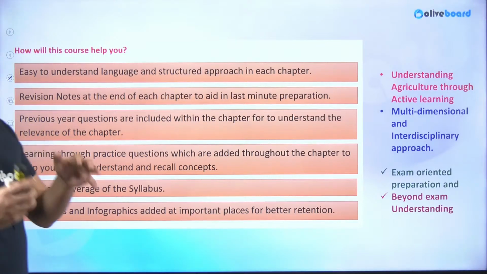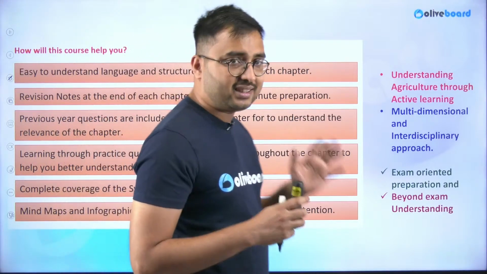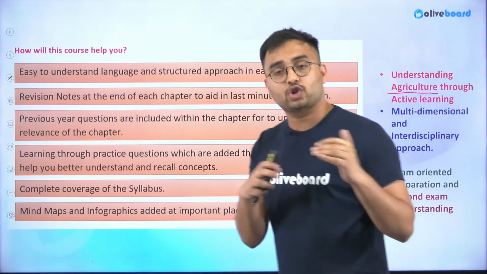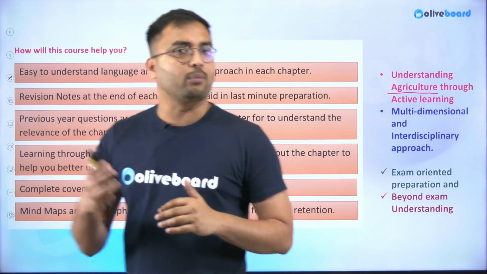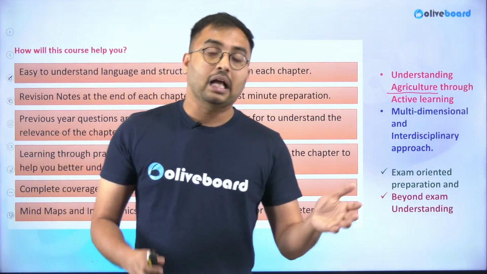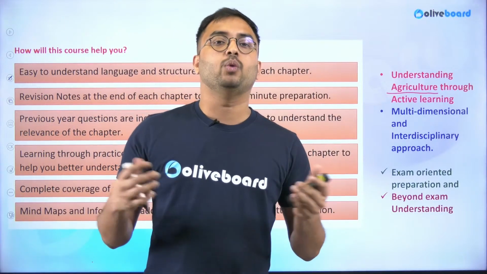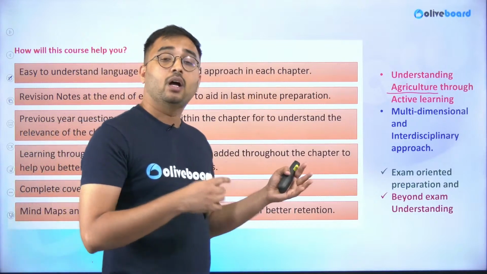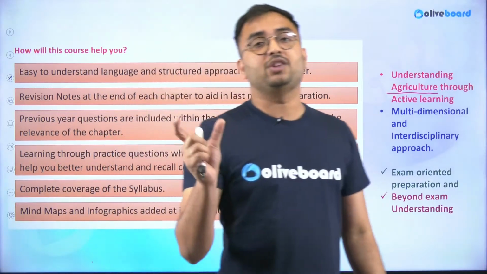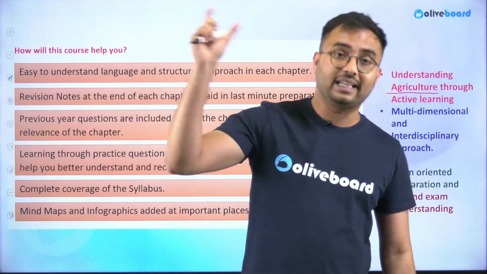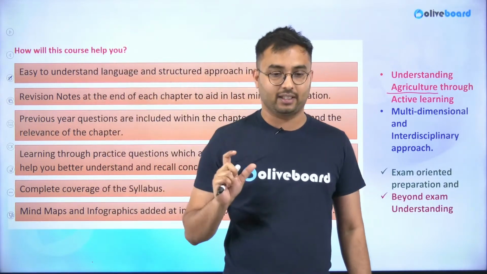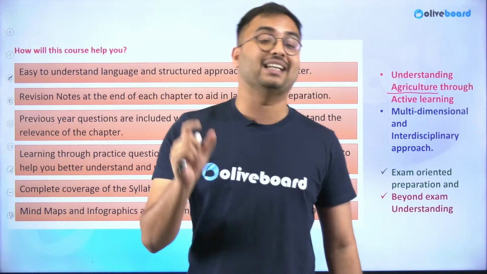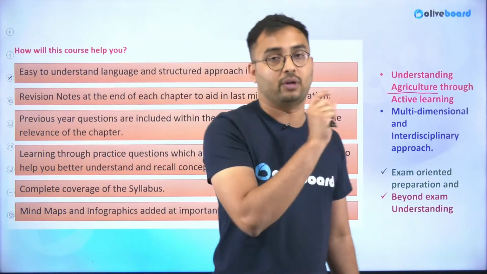How will this particular course help you? Understanding agriculture is very, very easy because since childhood, even if you are a student from a city or from a rural area, awareness is such a thing which we always absorb from our surroundings. The basic chapters included, the name agriculture doesn't mean general graduating agriculture or PhD agriculture. The name of the subject in NABARD Grade A 2024 is agriculture and rural development.